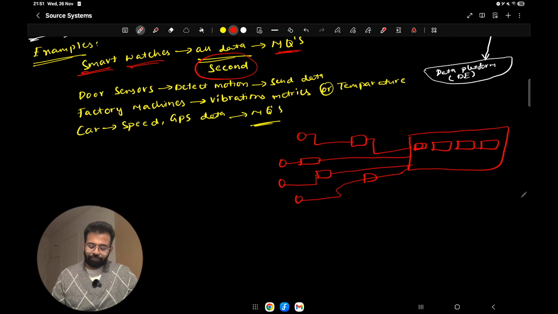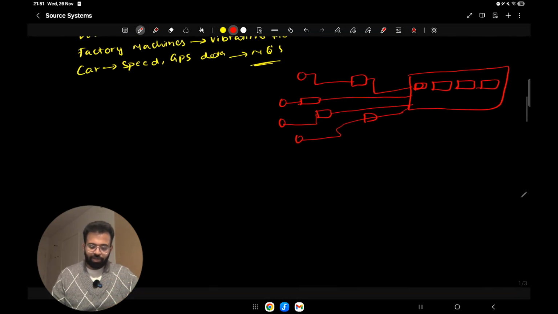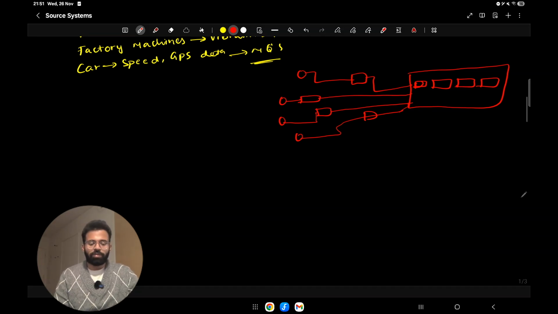Okay, and then in event driven source systems, one more important point, the most important point that you need to understand, is that these event driven source systems just emit the data. They don't even push, push is not the right word, I would say. They just emit. Okay, they just create the data, capture the data, and then emit it. And they will be emitting 100 events or 1,000 events, or even millions per minute, depending on the scale.